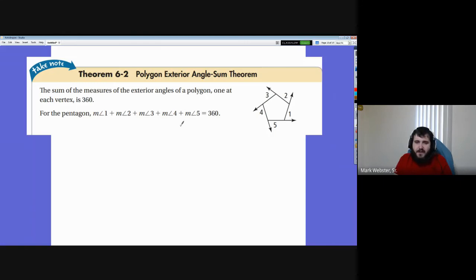It doesn't matter if you've got 3 angles, if you've got 50 angles, if you've got 150 angles, every time the angles add up to 360, no matter what. So therefore, one exterior angle